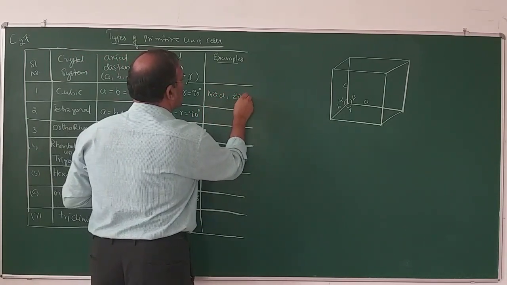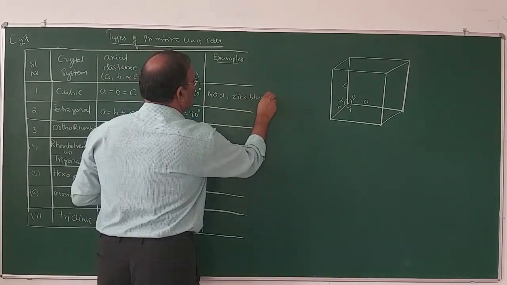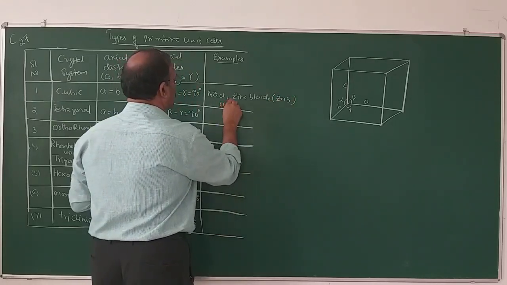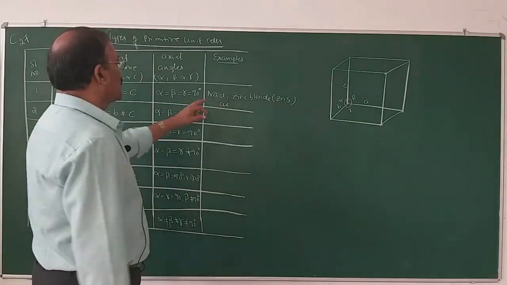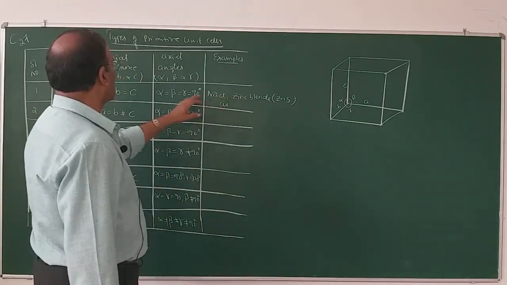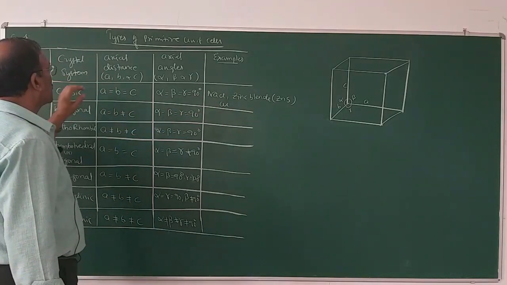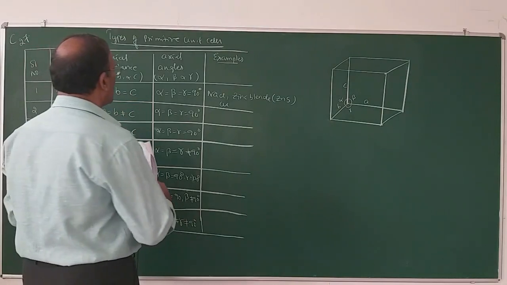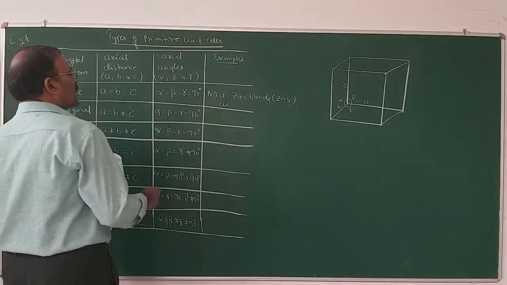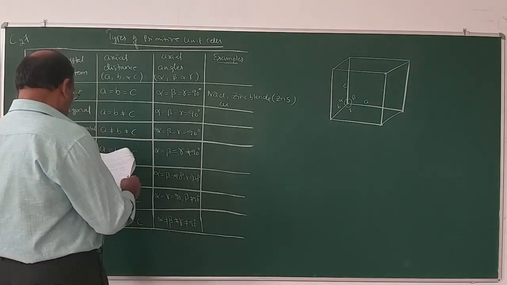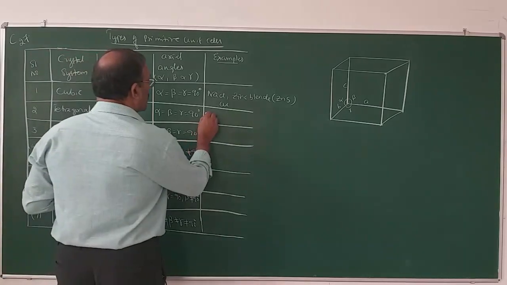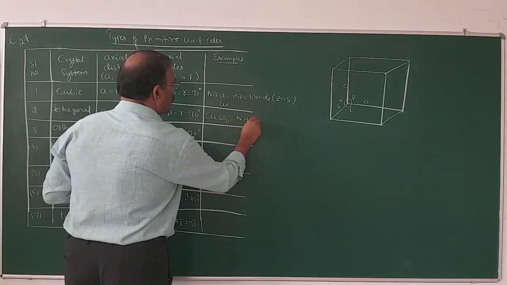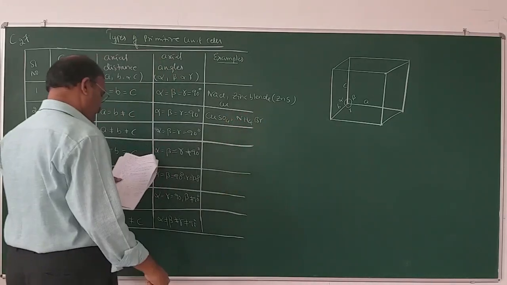NaCl and zinc blende. Zinc blende formula is zinc sulfide. So the structure of sodium chloride, zinc sulfide, copper, etc. are cubic. Here the unit cell length is A equals B equals C and alpha equals beta equals gamma equals 90 degrees. So example for trigonal, copper sulfate CuSO4 and ammonium bromide.